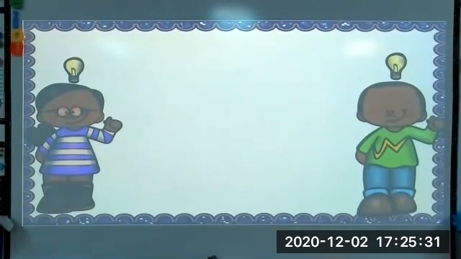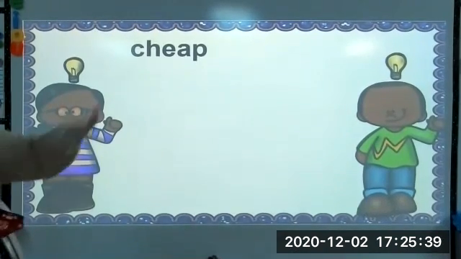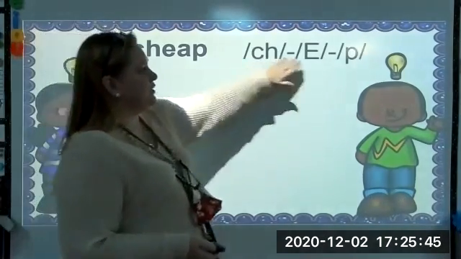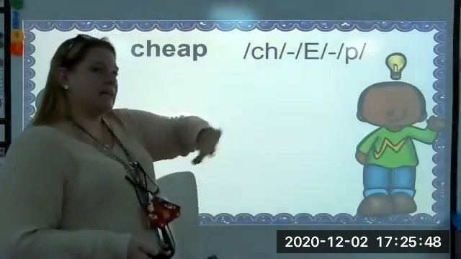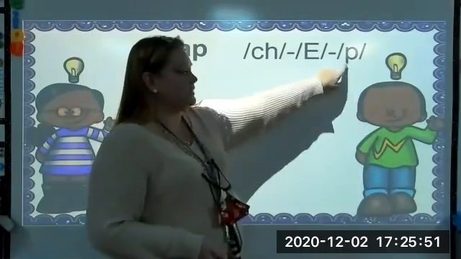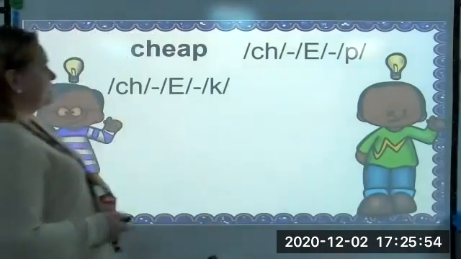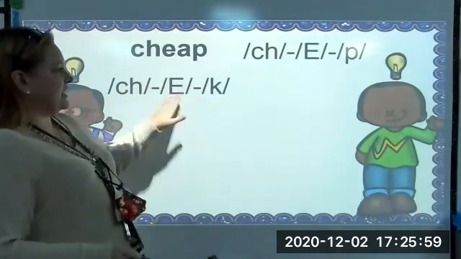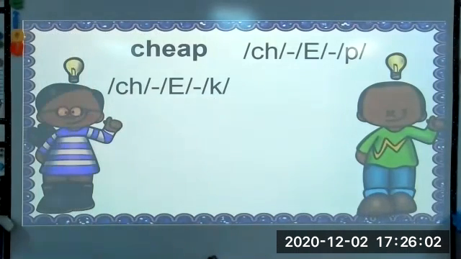All right. So our new words that we're going to look at are the watch is cheap. Say that word cheap with me, guys. Cheap. Cheap is the word on the curve. We're going to take this final consonant sound and change it to k. So we have eek. What's the new word on the curve? The new word on the curve is cheek. We made the word cheap change to cheek because we changed the end.